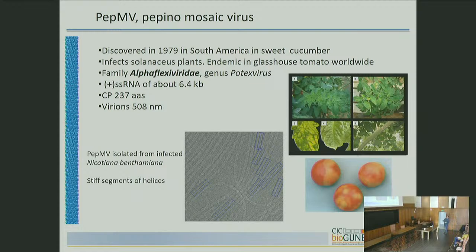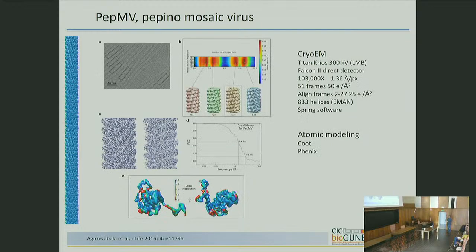So as I mentioned, what we do is collect images in different microscopes. I think this one was at the MRC, because they opened a line for a Spanish researcher. And the work includes testing different parameters in the helical symmetry. You have to figure out the rise, the rotation, the pitch, and the number of units per turn.